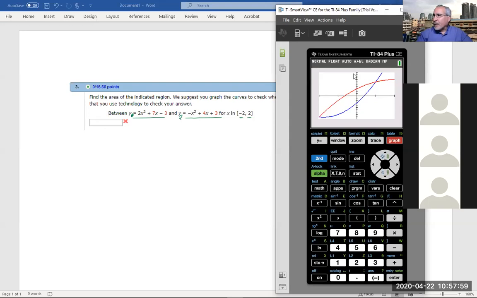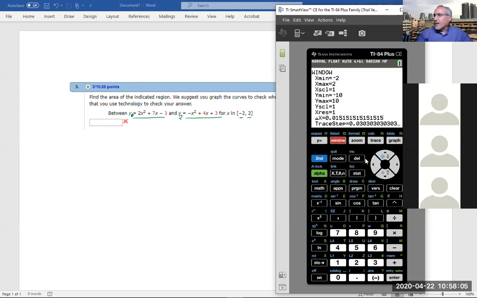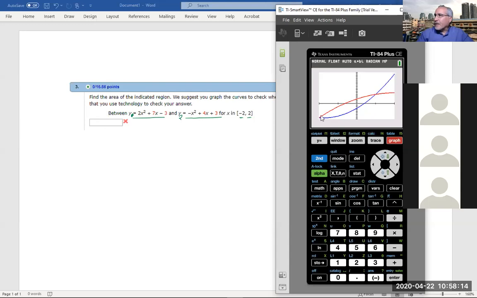And I'm going to move my y up a little bit just so I can see the rest of this curve, the rest of the blue curve. So I come back to the window. Let's make our y max 20. I think that should be high enough. Okay. So the area between the curves is going to be this region here,